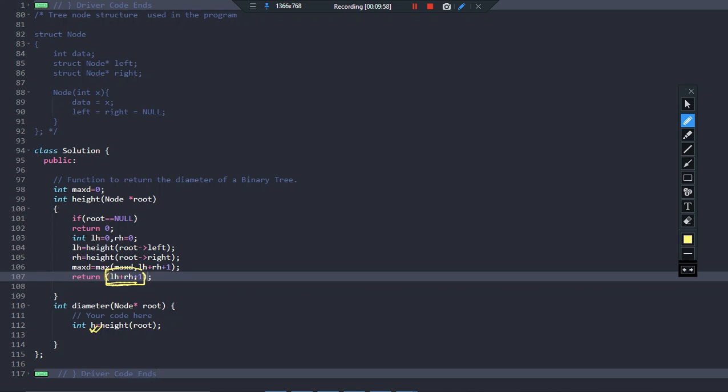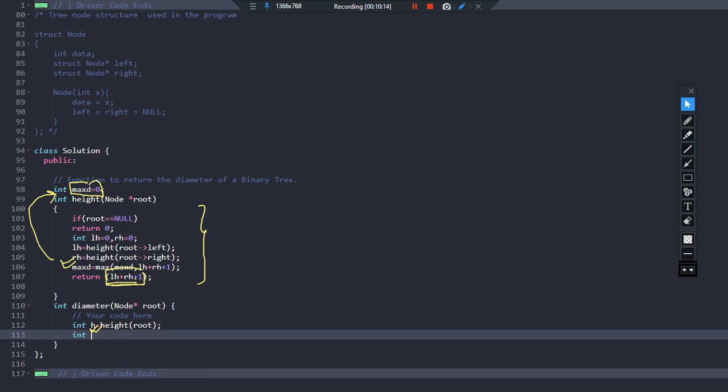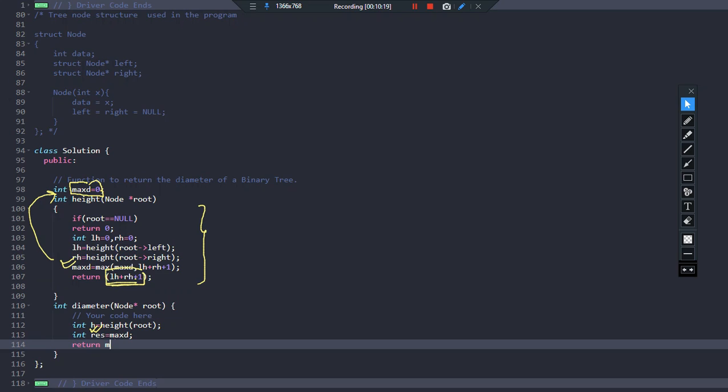But remember, I am using maxd as a global variable, and while this function was being executed, all the maximum updates are taking place in maxd, because it is a global variable that is being accessed. So basically I will say here, integer result is equal to maxd, and we will return maxd,